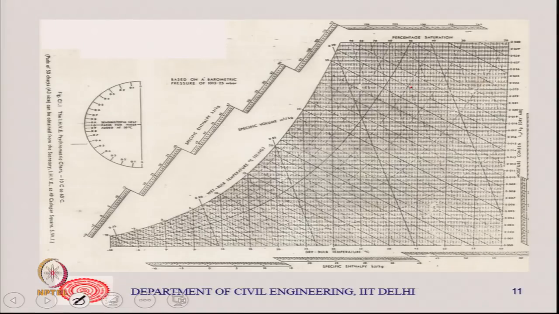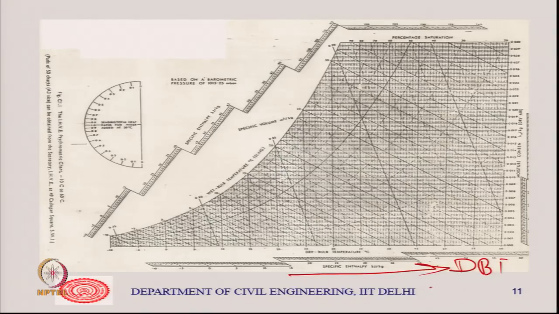A psychrometric chart is one wherein this direction you have the dry bulb temperature, dBT. You may not be able to see this very clearly, but my intention is not to read it here, you must be familiar with it, because you can refer to this in SP 41 or any book of reference that I have given, Markus and Morris, Koenigsberger and so forth, the IHB guideline, the ASHRAE handbook, and many other places.